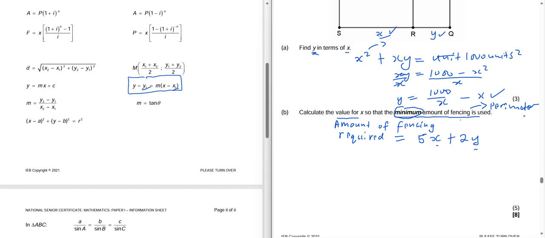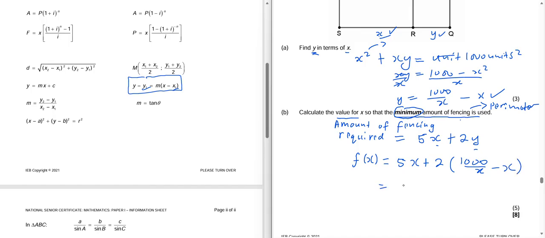Whenever they say express something, it means it needs to be destroyed. It's a hint in quotation marks. Now let's create the function. Let's call the amount of fencing f of x. It's now going to be 5x plus 2 open bracket, your y is 1000 over x minus x,